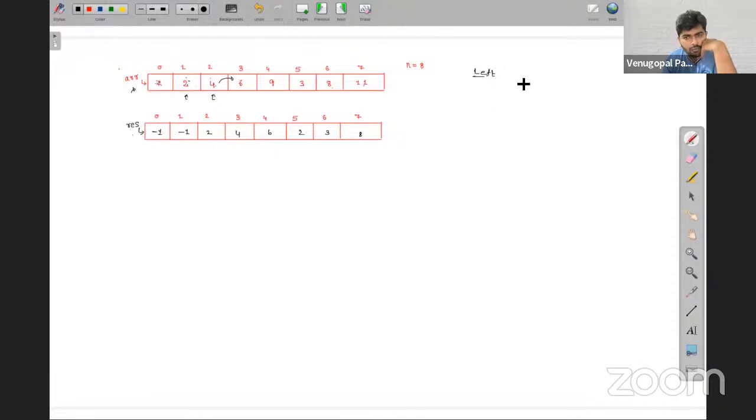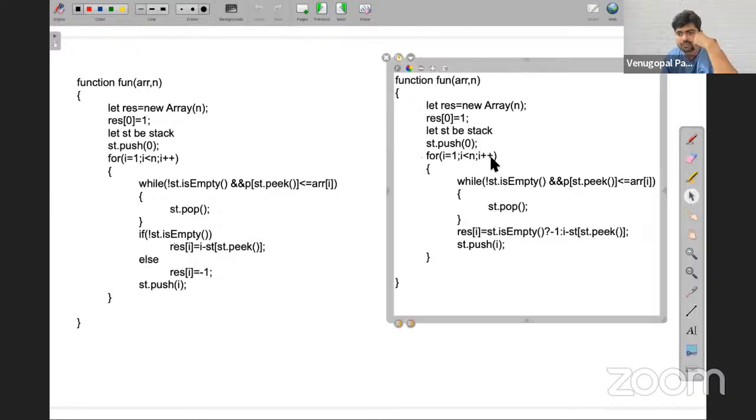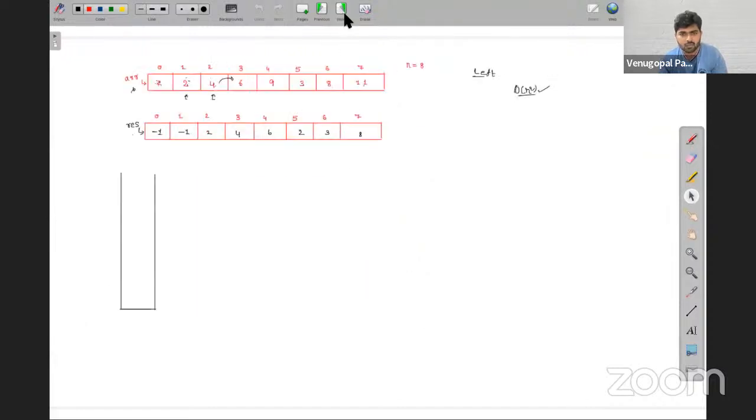So this is the input and this is the output, friends. I hope you can do the brute force solution, that is order of n square. I'm not going to speak about this. You take care of the brute force solution. Let me tell you the stack solution. Okay. So I have taken one stack here. As usual, let me write the code on the left side, or else I'll take the previous code only. Let me write a separate code.